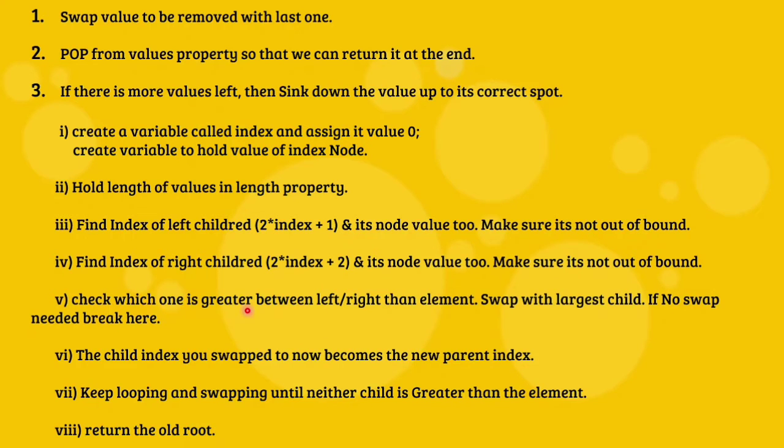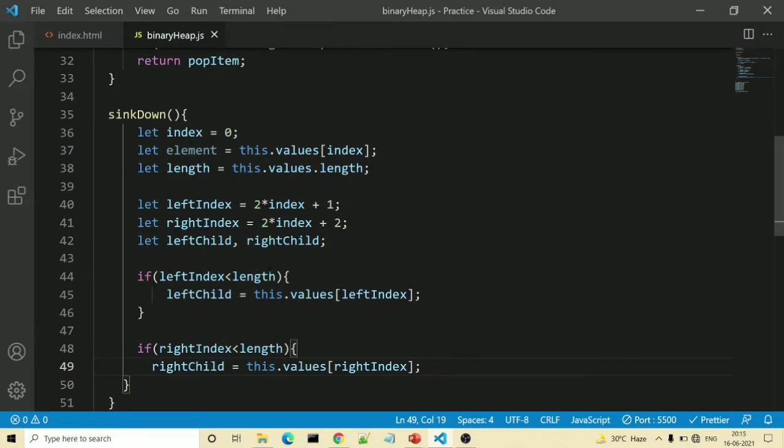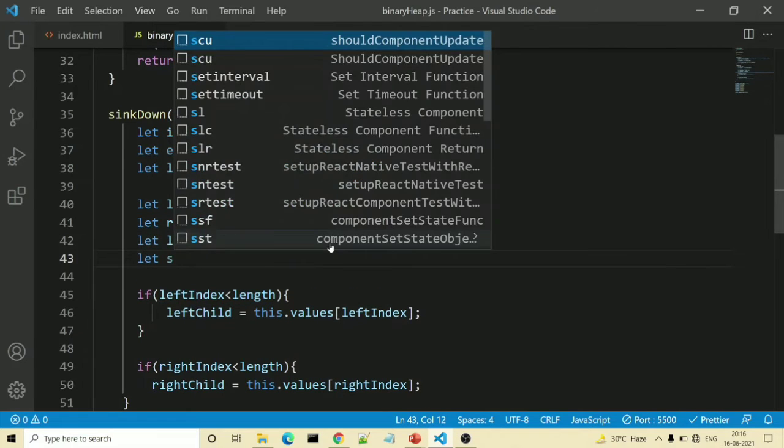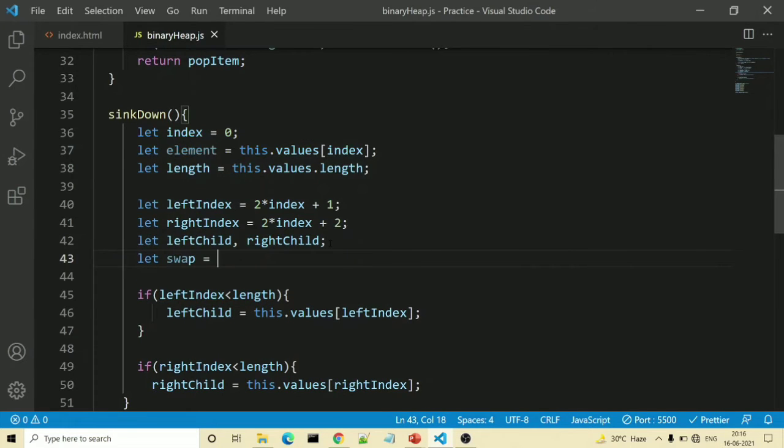Check which one is greater between left and right child. Swap it with the rightest child. If no swap is needed, then break here. So actually we need to keep a record where swap is needed also or not. So for that I will declare one variable called swap. That will be null in the beginning. Okay. And in our next step, this step can be varied as person to person, but yeah, I will follow like this.